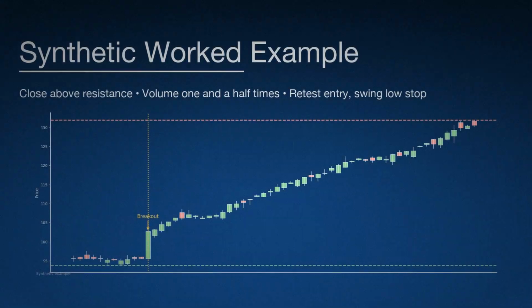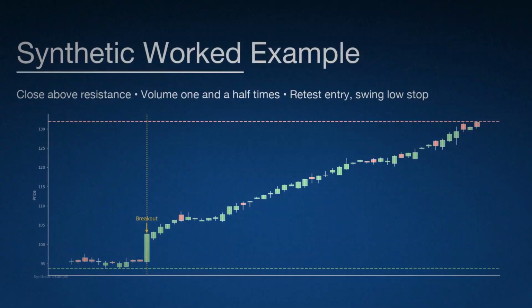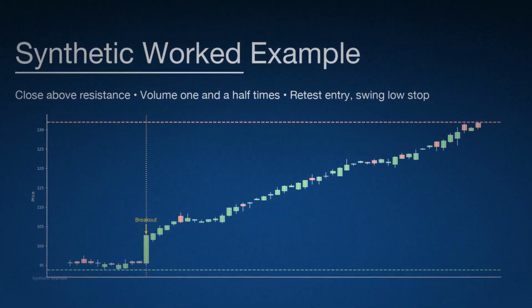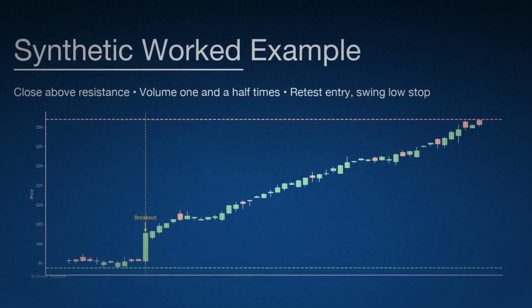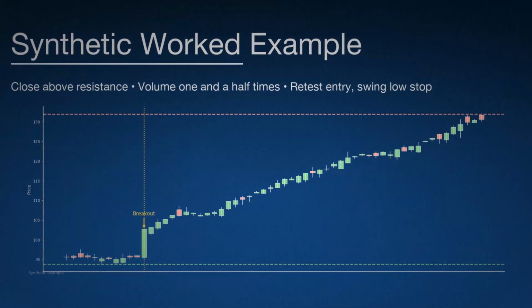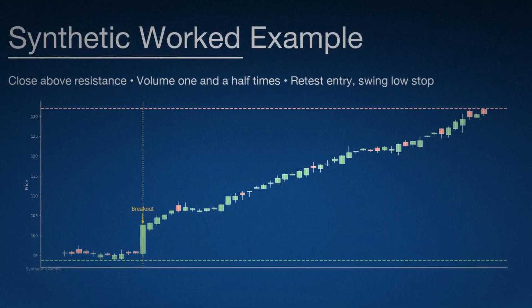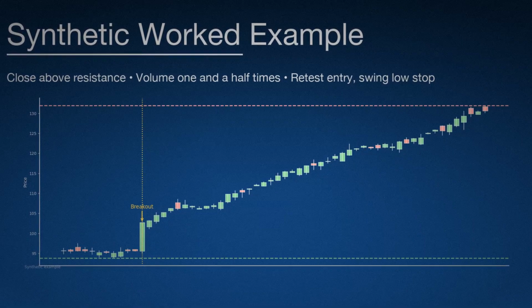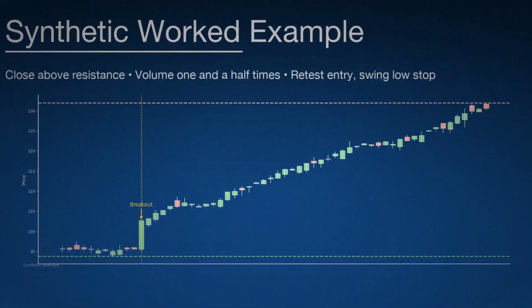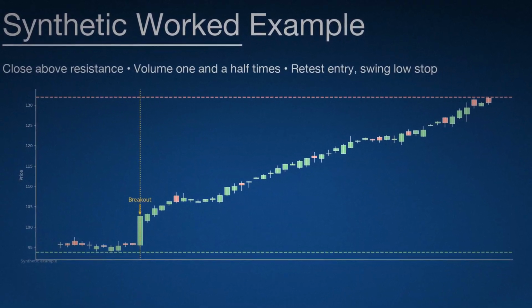Here is an ascending triangle on a synthetic chart. Resistance sits at 100, with rising support. The trigger is a close above 100 on volume at least 1.5 times the 20-day average. Entry is on the retest of the breakout level, which is now support. Stop goes below the last swing low inside the triangle. The signal fails if price closes back below the breakout line within 3 bars, which usually coincides with OBV rolling